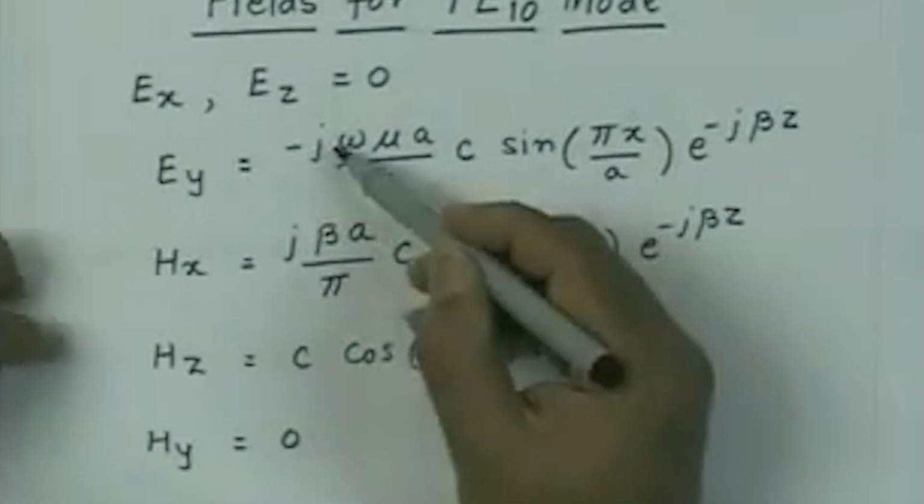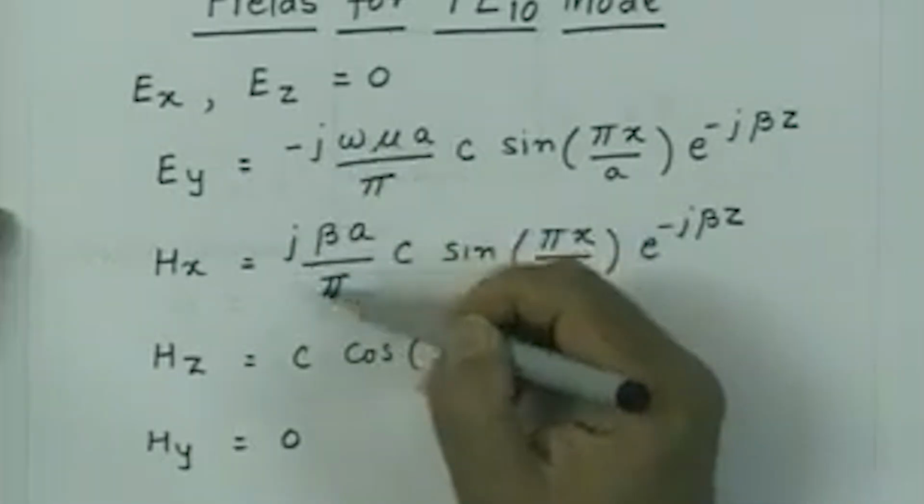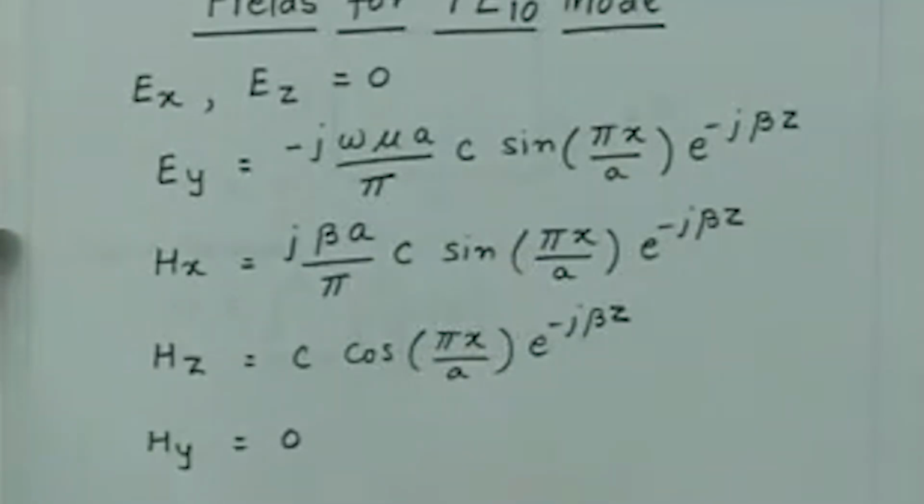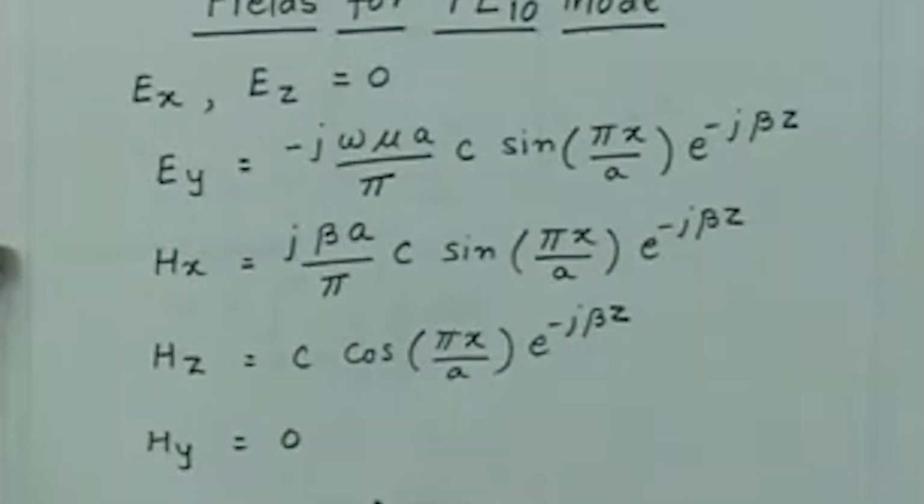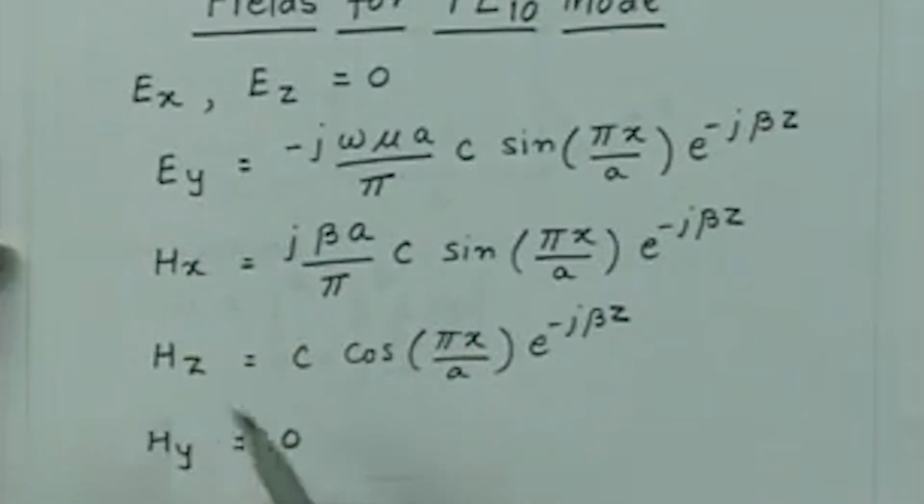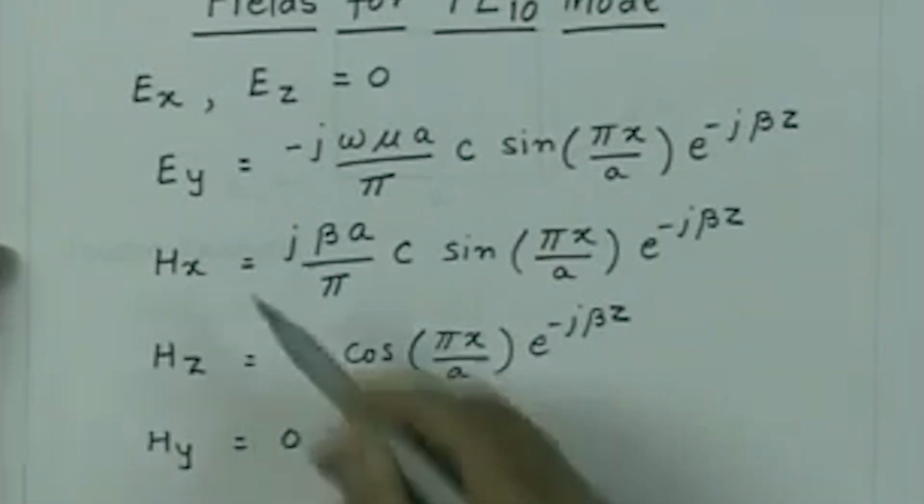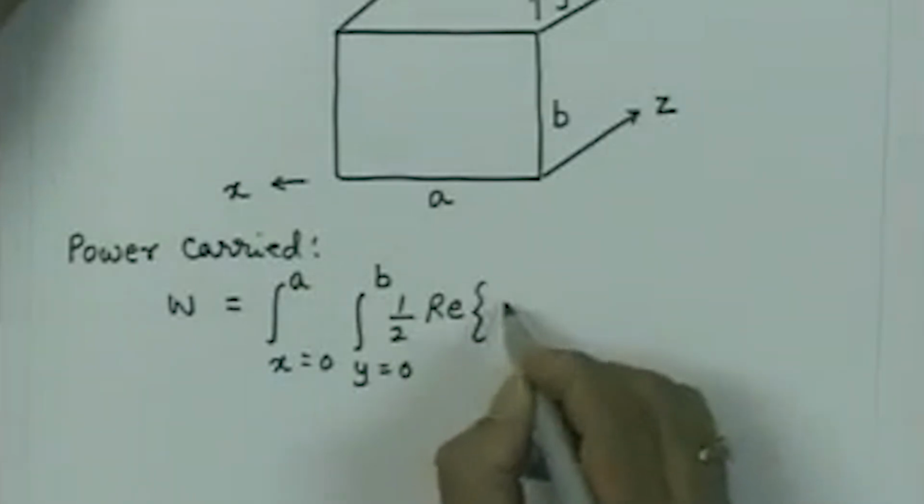So if I calculate from here E cross H conjugate, only this product will give me the real part, the product of these two will give me imaginary. So Ey times Hz, which gives me the power flow in the x direction, is imaginary. Only this power, which is Ey Hx, is the one which will give me the real power flow in the z direction. So from here, real part